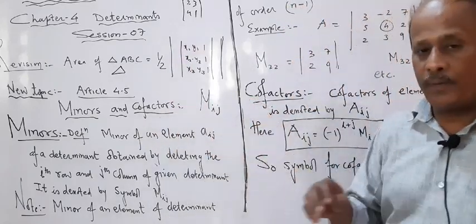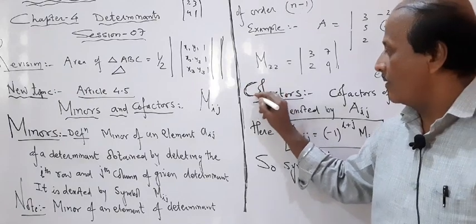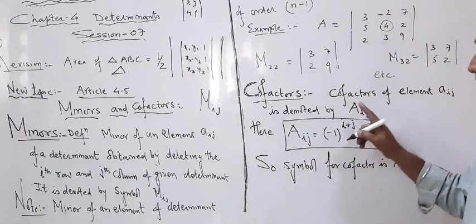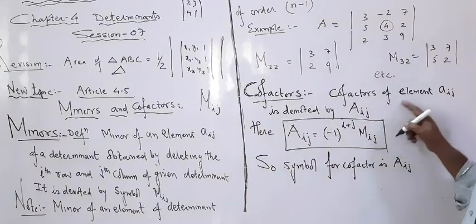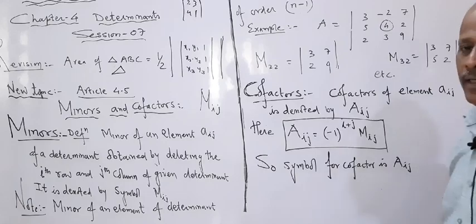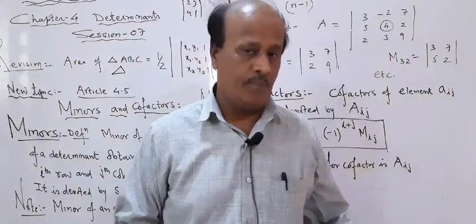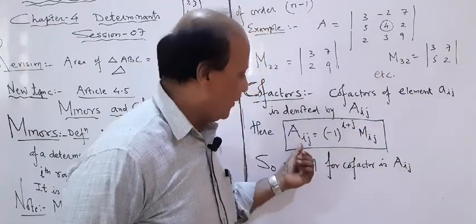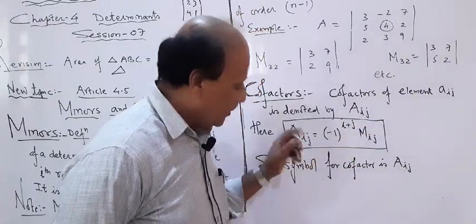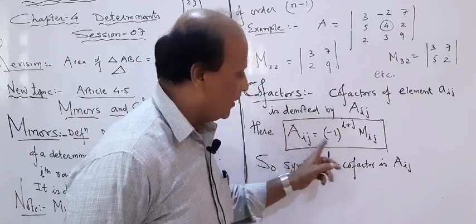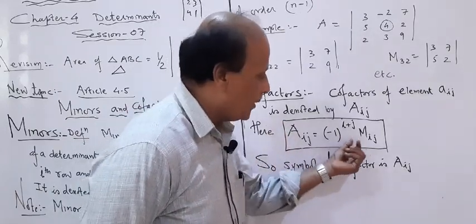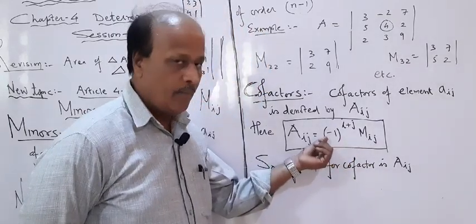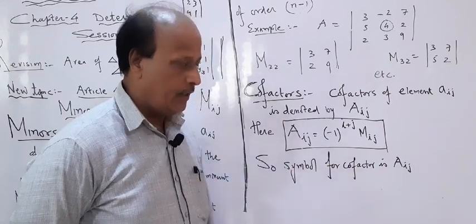Now the second important topic is cofactors. Now nothing to do with factors. A cofactor, as it is given in your book, of element aij is denoted by capital letter Aij, capital A, ith row, jth column. There is one nice formula given in your book: the cofactor Aij is nothing but the minor with its proper sign. Now how will you get the proper sign of that minor? There is a formula given in your book, keep this formula in your mind.